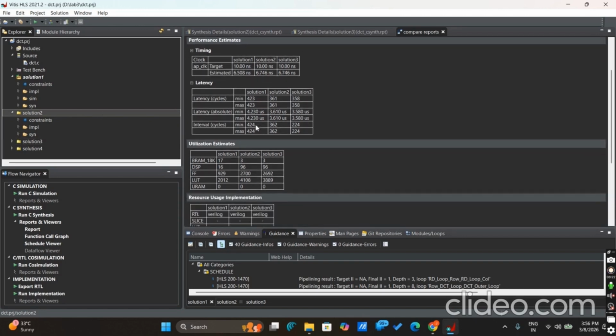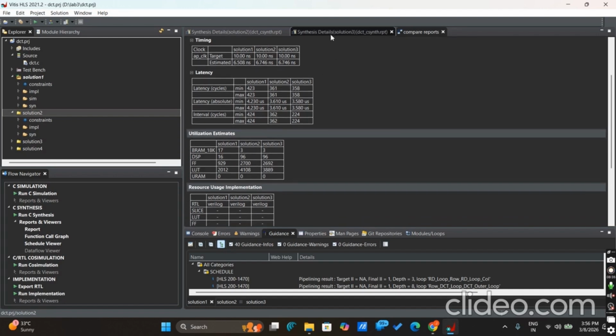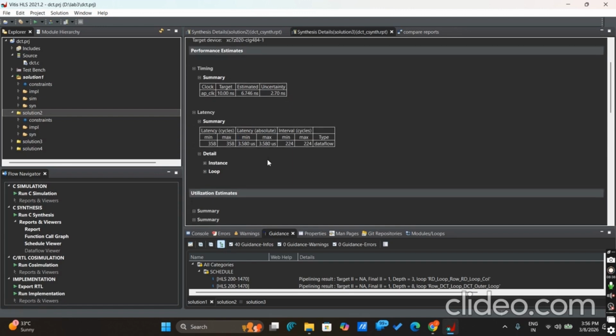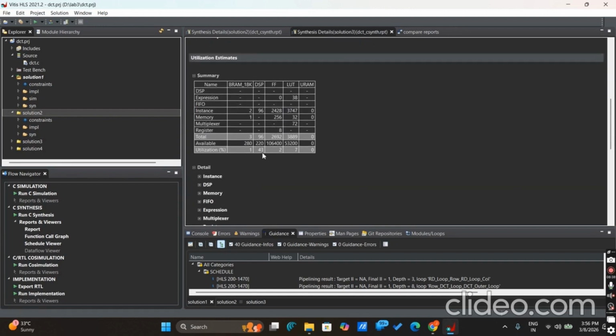And when compared on resource utilization, the resource usage also slightly increases in LUTs but remains acceptable for the target FPGA. As we can see, the synthesis details for solution 3. Here, the resource utilization stays the same for both solution 2 and solution 3, but the latency was quite improved. So let me summarize all the improvements